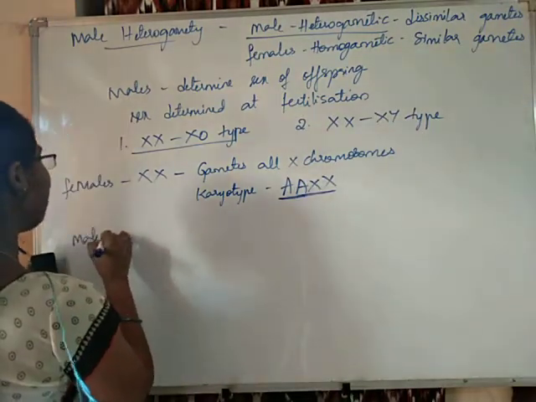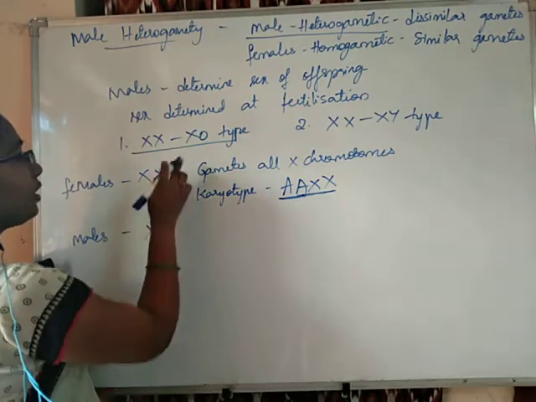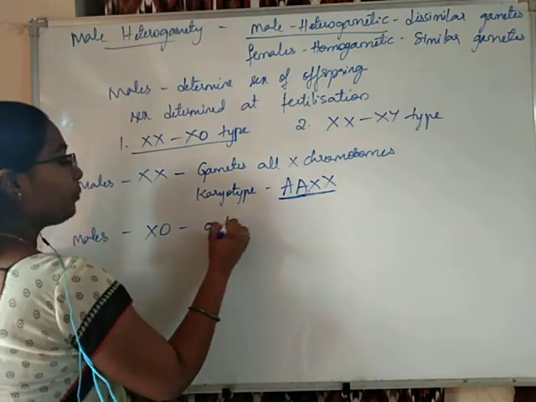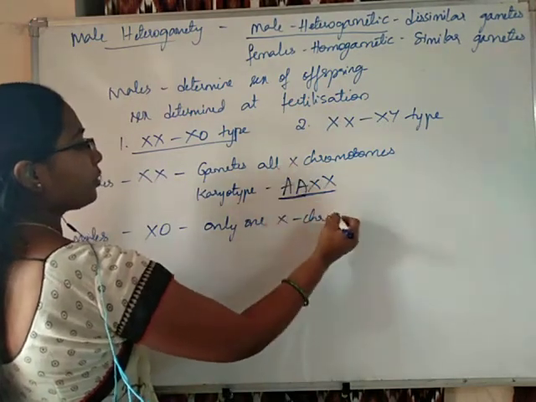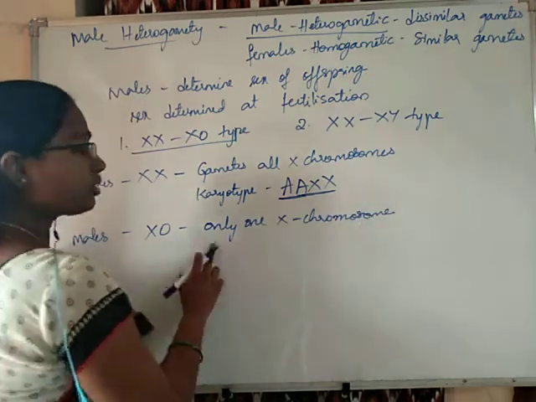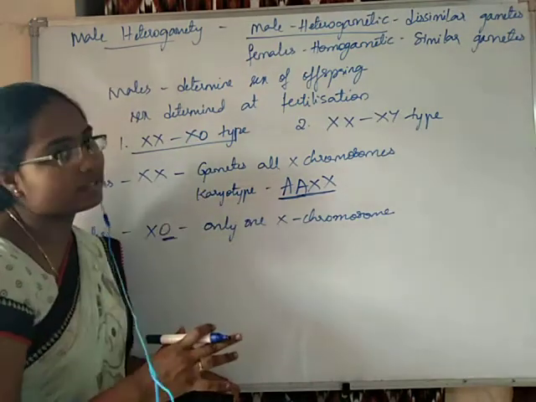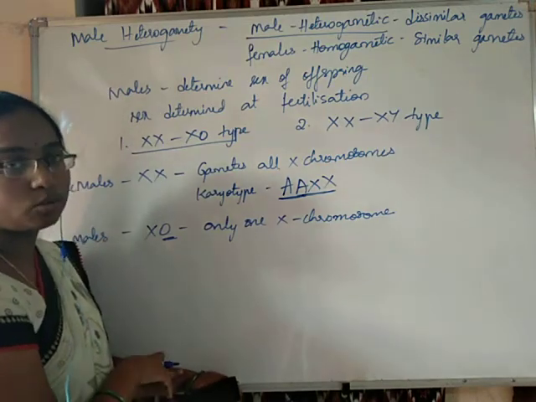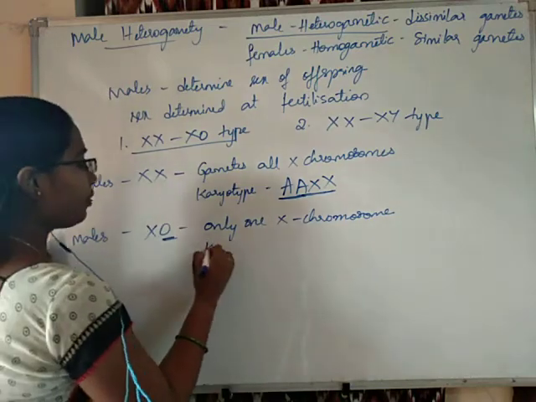Whereas in case of males, the male individuals are XO, that means they contain only one X chromosome. Okay, that means only one X chromosome is present in males. So here O is indicating that there is no other sex chromosome, only one sex chromosome is present. So in this case the karyotype of the individual will be,